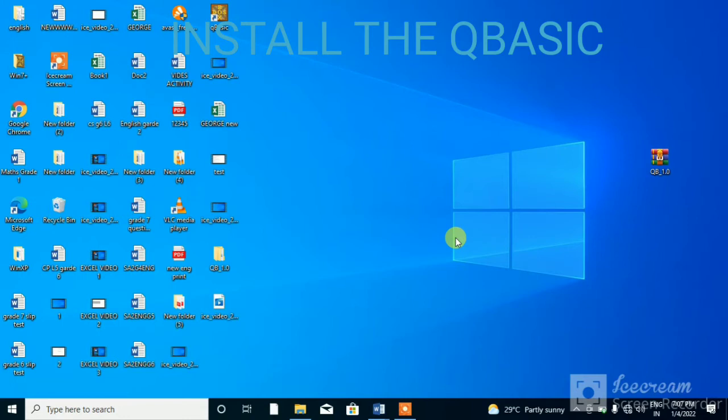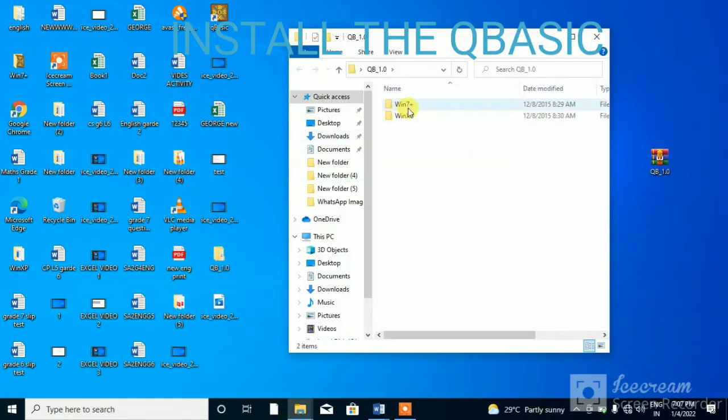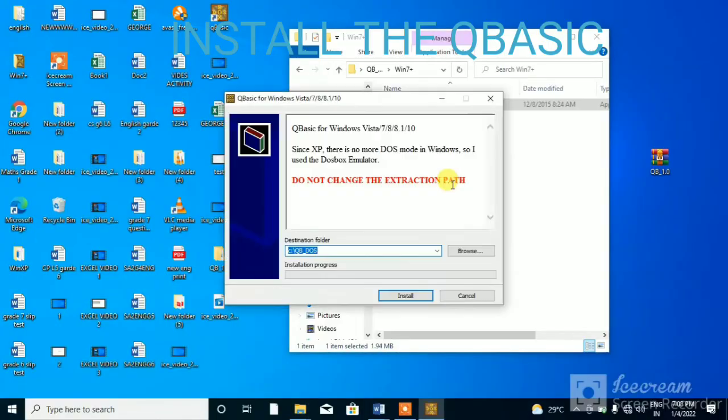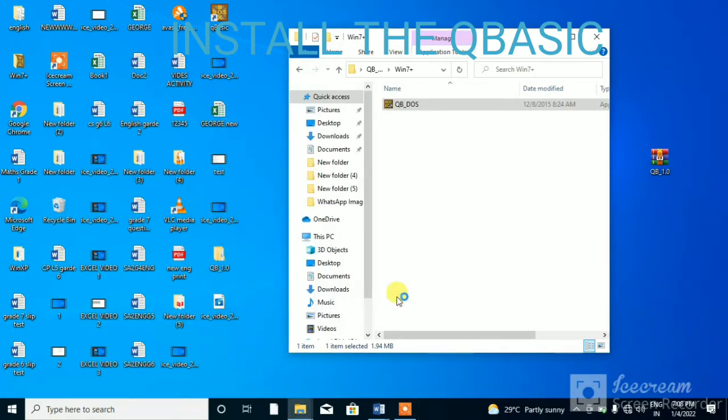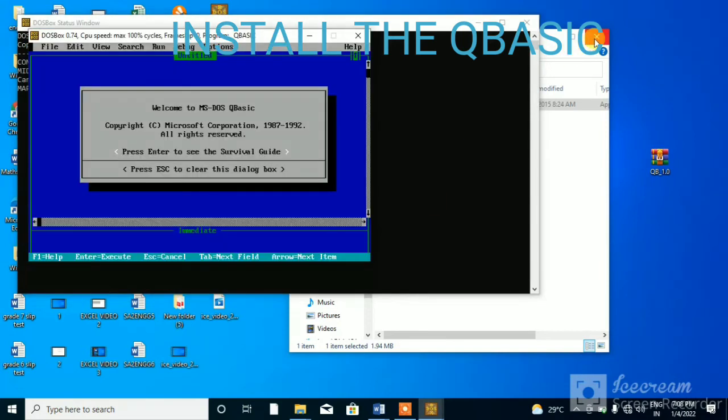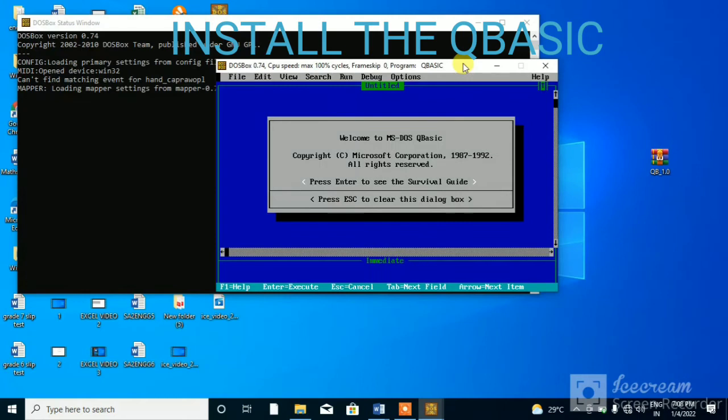And next, install the QBasic. If you want to install QBasic, you need QBasic files like this. Go and search for qbasic.exe in Google Chrome and download it like this. After that, just extract the file like this, and on Windows 7 or above, right click and give run as administrator. It asks for permission, so you just click yes, and after this it asks for the location, click yes, and again you click yes to all. After that, the QBasic window will open. Okay, that's all. This is the process of installing the QBasic files.